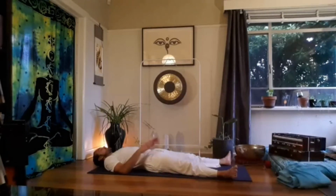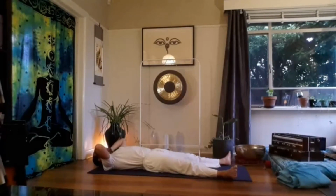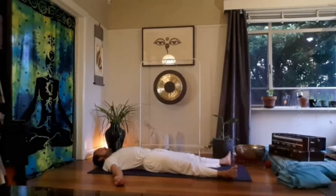So there's a slight external rotation into the hips, which also allows to relax the lower back. From the lower back, you can relax into the middle back. As you do the same thing with your arms, letting your thumbs drop out, completely relaxed, softening into your shoulders. Also a slight external rotation, relaxing into the shoulders allows to relax into the shoulder blades, upper back, relaxing the muscles of the neck so that you can relax also your head, the whole upper body,